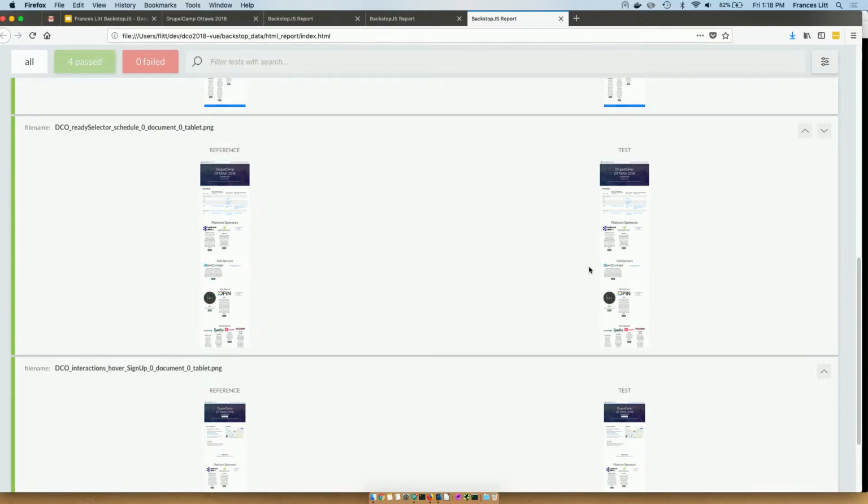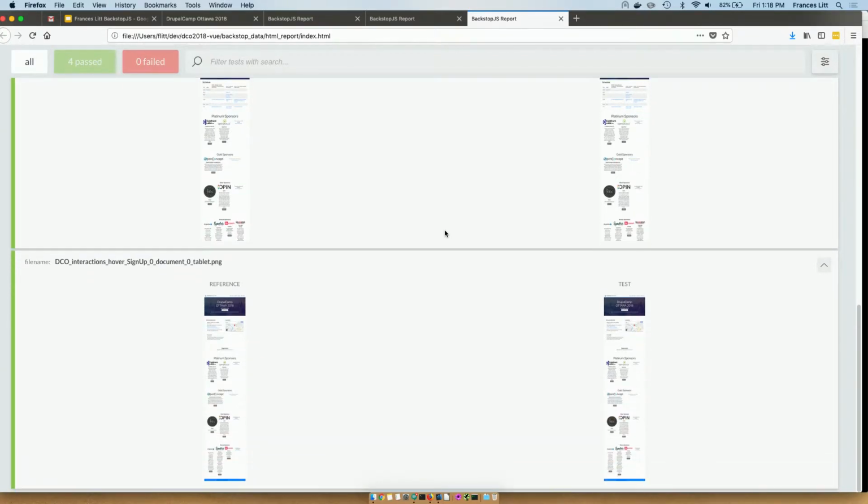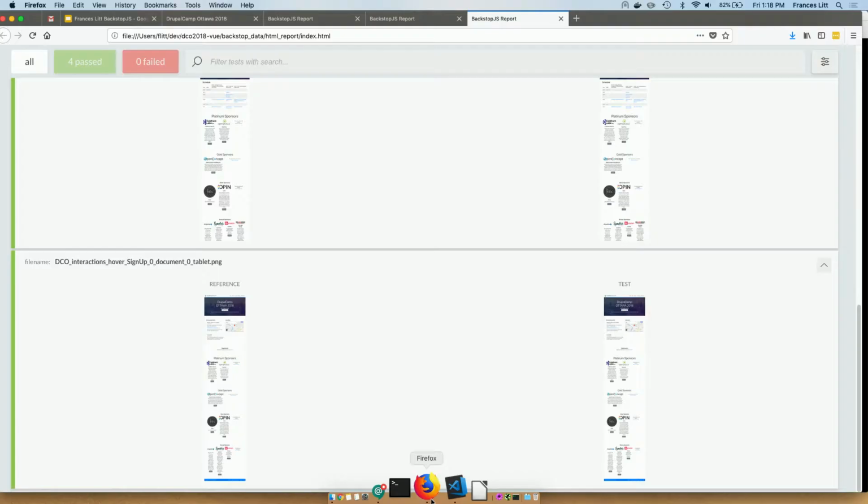In this example, I specified a ready event, or actually a ready selector, so I decided to wait for the text in this card to load because I was finding that the screenshot was being taken before everything had a chance to load. And so that's one way of delaying the screenshot long enough to get what you'd like. And then here, just that sign up button being highlighted because I hovered over it. If we go back here,